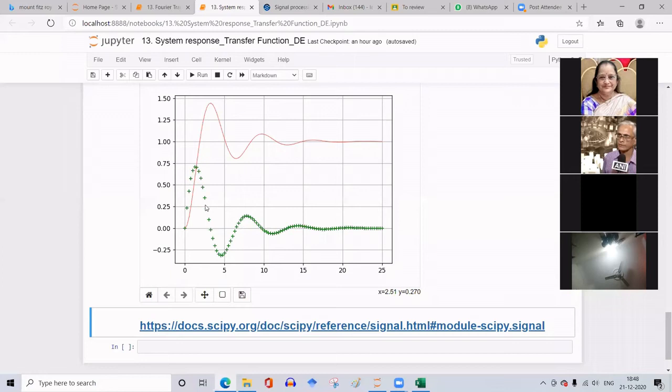Somewhere here it crosses 0, which represents the slope of this curve. Similarly here, corresponding to this line, it is crossing 0 here. And at those 0 points, it will have maximum values. So this is how we get the plot of the response and its derivative.